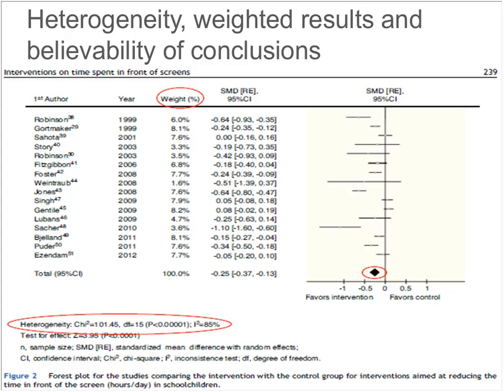This is one of the reasons why it's important to do systematic reviews and meta-analyses, because if you only have this one study and you came across it and took a look at it, well, this study tells us that there was no statistically significant difference between those who received the intervention and those who didn't on screen time in children. It's also an extremely wide confidence interval that leaves us really quite unsure of what's really going on here, because we go from it could be highly effective to being actually harmful.